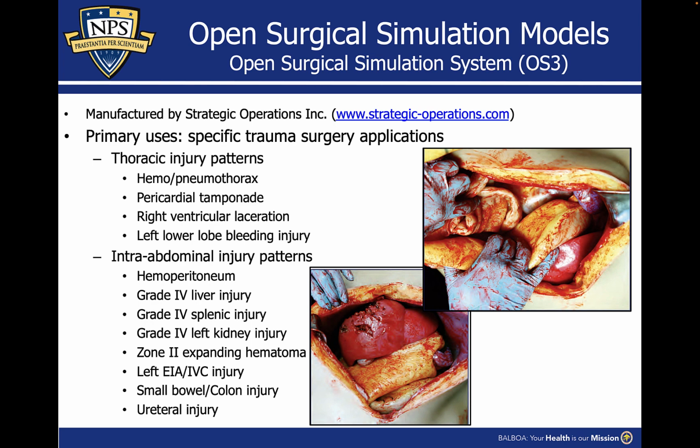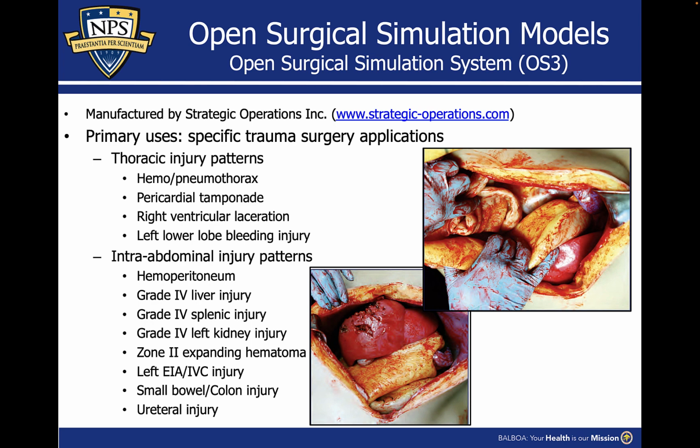You can do thoracic or intra-abdominal injuries on this. You can have a hemopneumoperitoneum, pericardial tamponade, right ventricular laceration, left lower lobe lung bleeding injury, as well as hemoperitoneum, different kinds of liver, splenic, as well as kidney injuries, as well as some zone 2 expanding hematoma in the retroperitoneum, as well as a lot of vascular stuff like external iliac artery or inferior vena cava injuries where you